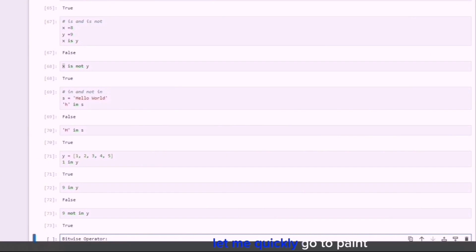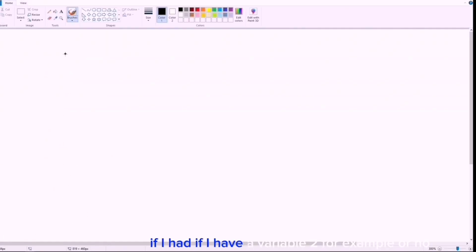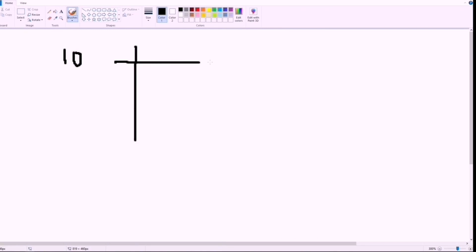Let me quickly go to Paint. Assuming I have a variable 10, and I'm supposed to take the bitwise AND and bitwise OR, because these are types of bitwise operators. I'm going to get to that, but first of all I have to take the